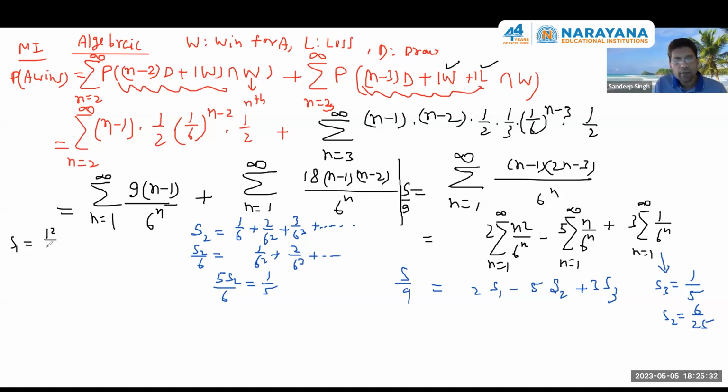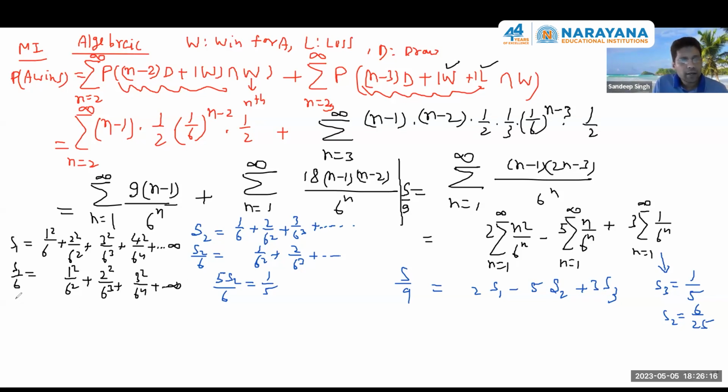So this is 1 square by 6, 2 square by 6 square, then 3 square by 6 cube, 4 square by 6 4 up to infinity. तो यहां भी क्या अप्रोच रहती है? यू ऑल्सो रिमेंबर दैट स्क्वायर्स, कंसेक्यूटिव स्क्वायर्स डिफर बाय एन एपी, है ना भाई? 1 स्क्वायर 2 स्क्वायर 3 स्क्वायर, इनका डिफरेंस किस में है? एपी में है. दैट इज वाई हियर ऑल्सो वी फॉलो द सेम अप्रोच. फर्स्ट वी मल्टीप्लाई 1/6, 1 स्क्वायर बाय 6 स्क्वायर, यू आर गेटिंग द पॉइंट, 6 क्यूब, 3 स्क्वायर बाय 6 4. सो इसको घटा दें आप, टेक द डिफरेंस,